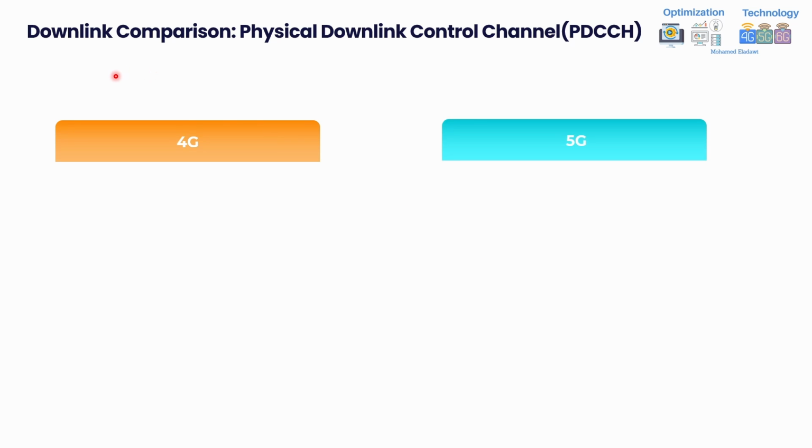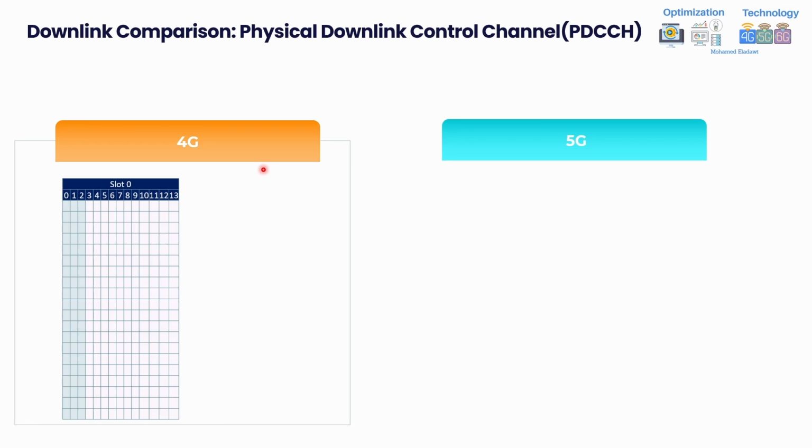Okay, moving forward. Now let's go through the downlink comparison for the PDCCH, physical downlink control channel, to visualize the differences between 4G and 5G, just to make it more clear. Okay, the first part is 4G. Assuming you have your frequency domain here on the left, and this is the time domain slots, you can see now that the PDCCH is being